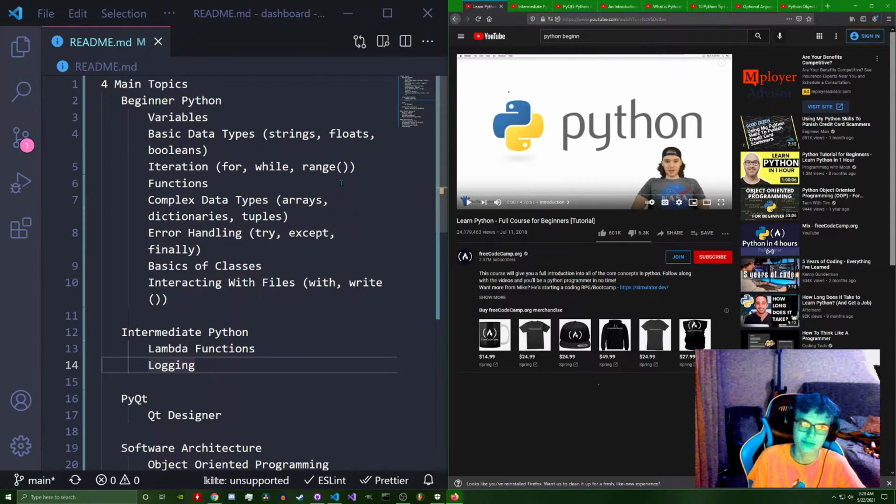So starting off, there's four main topics. First being the basics of Python or beginner Python. This is about variables, some data types like strings, arrays, dictionaries. It's also about iteration and functions, error handling, some class basics of some object-oriented programming, and then also interacting between files, because the Electrathon app, it's multiple files and they're all interacting with each other, so you need to know